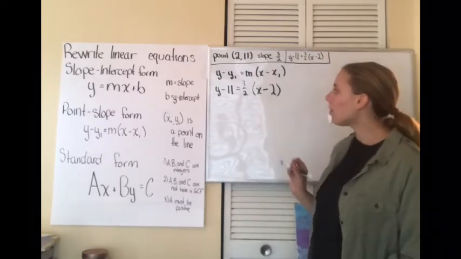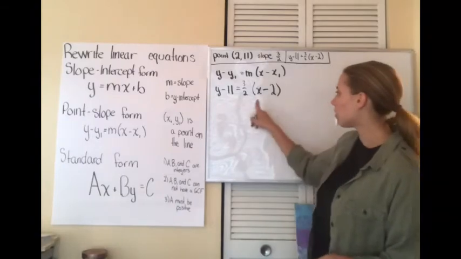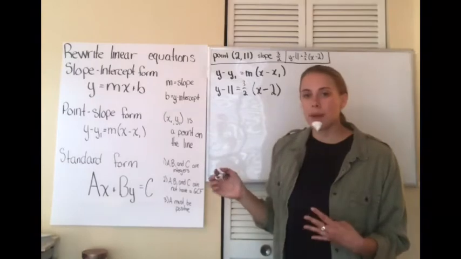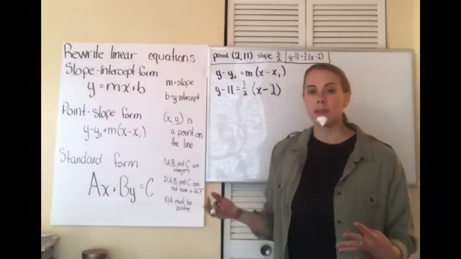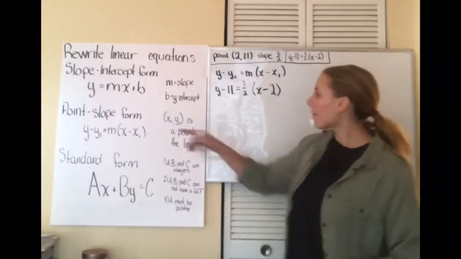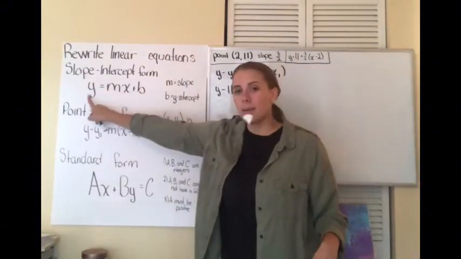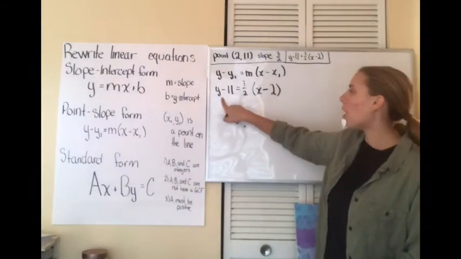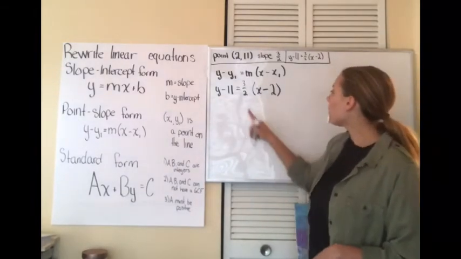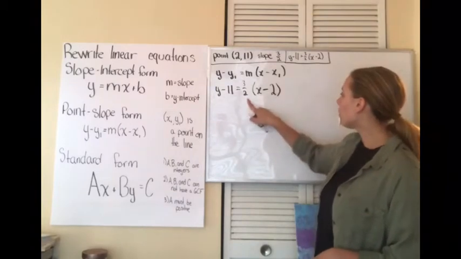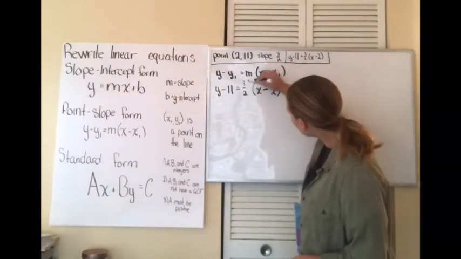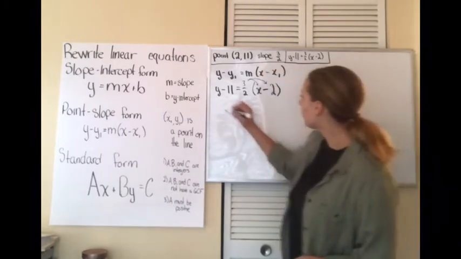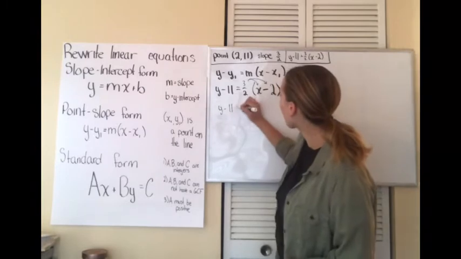And now from point-slope form, I think the easiest thing for me to transition into would be slope-intercept form. So from here, I'm remembering my multi-step equation rules. My goal is to get y by itself. So we are going to solve this equation for y. So the first thing I'm going to do is distribute this 3/2 to everything in here. So I'll distribute my 3/2 to the x, and I'll distribute my 3/2 to the 2. So I have y minus 11 equals